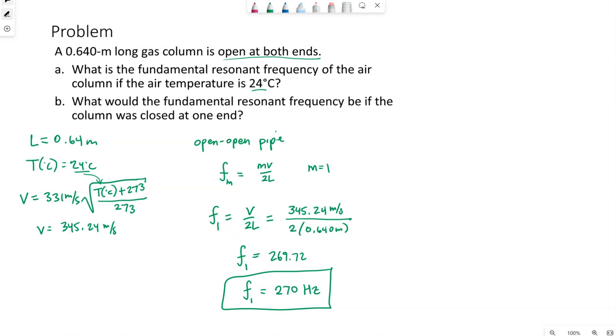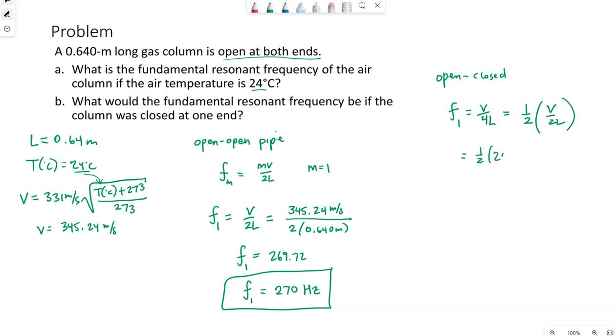Question B, we want to know the fundamental frequency if the column was closed at one end. So an open closed pipe, F1 would be v over 2L. Oh, just kidding, sorry, that was v over 2L, what we just did. Open closed, we have that factor of 4L. And so this is essentially half of v over 2L, which is what we just found. So half